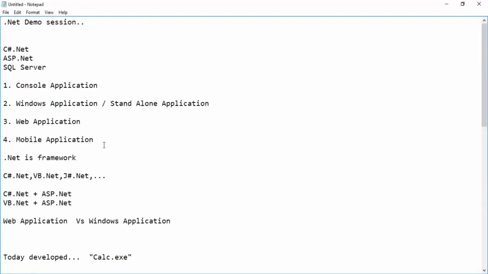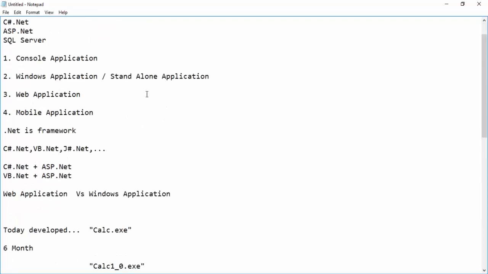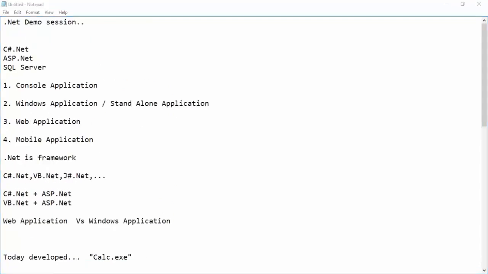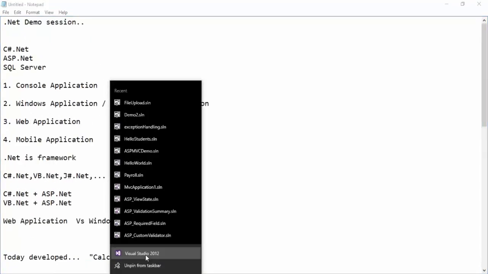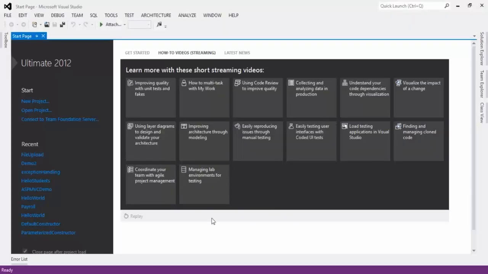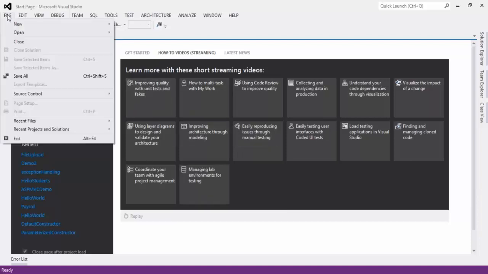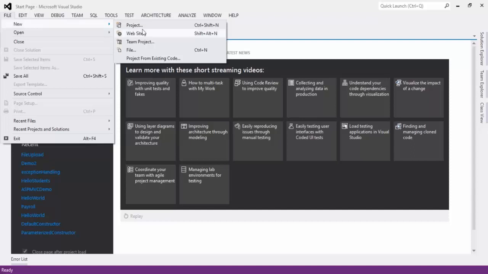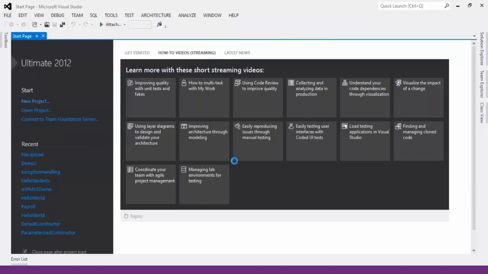And let me take a practical example instead of telling everything theoretically. I'm having Visual Studio 2012, that's the Ultimate version. Let me open a project. How to open it? After clicking on it, you can just click here and choose New, then click on Project.